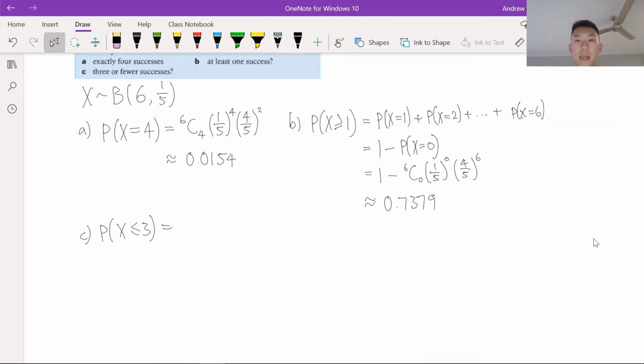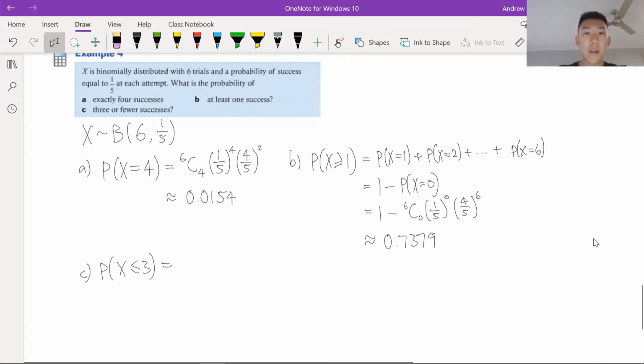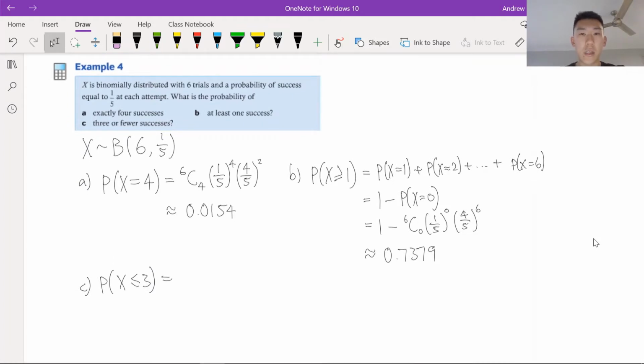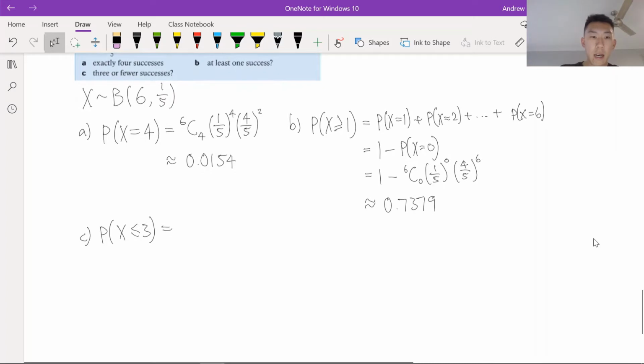Okay, so I'll notate it in a variety of ways, and you can choose which one you want to use, right? But if it's a calculator, at the end of the day, you're going to have to just type it into your calculator anyway, so you might as well pick the shortest or the quickest way. So